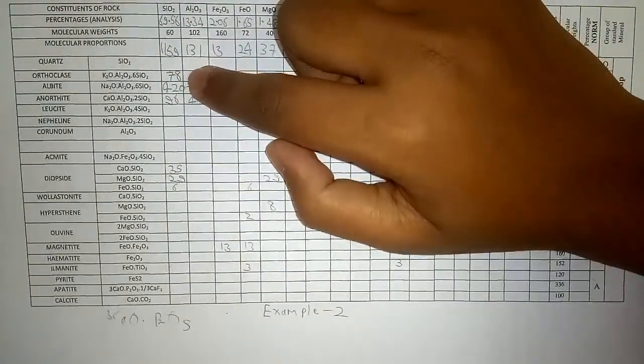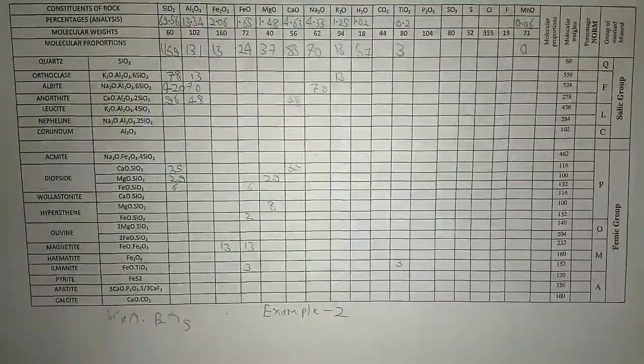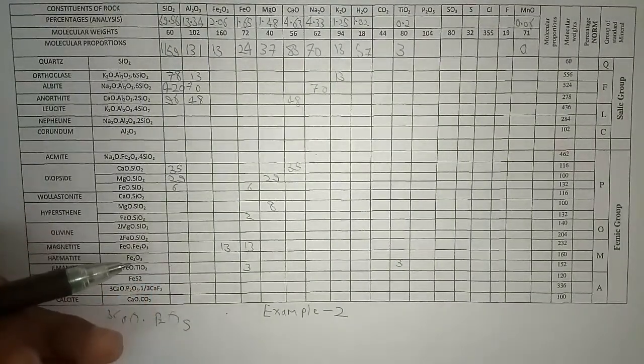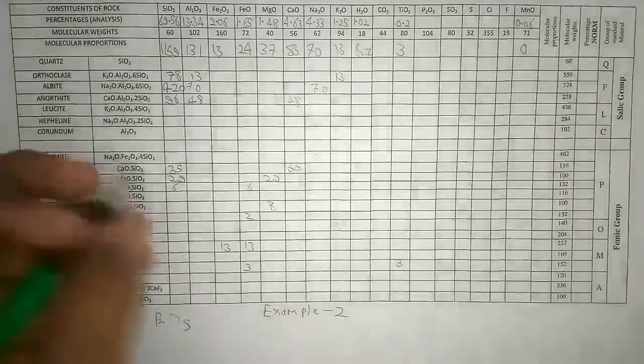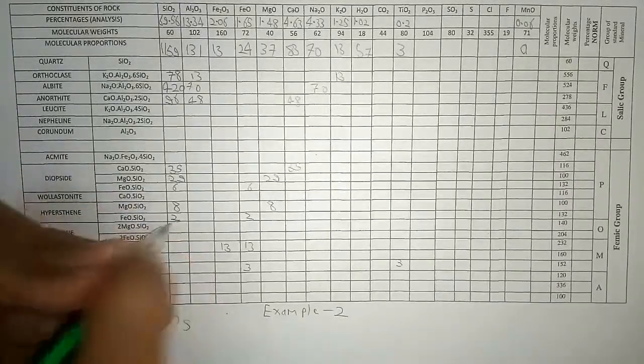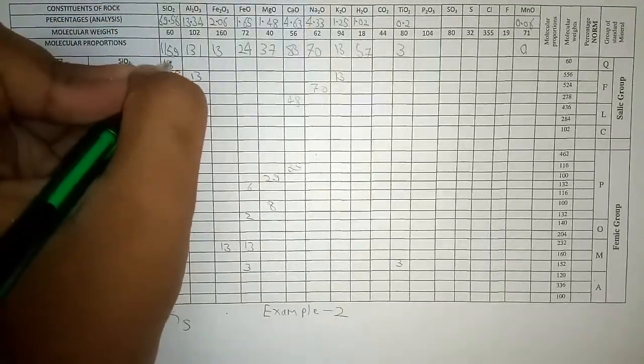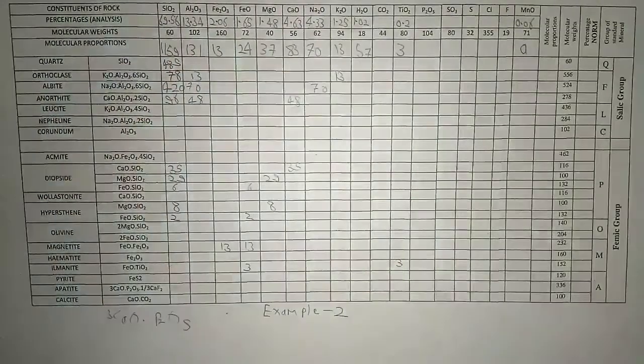So 1159 minus 78 minus 420 minus 96 minus 35 minus 29 minus 6, and here, sorry, it is minus 8 and minus 2. This value I haven't written, sorry. So now our final answer will be 485 left. So this is equal to SiO2.